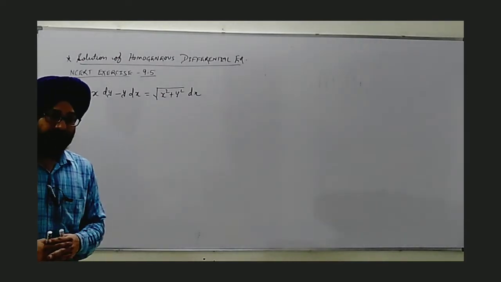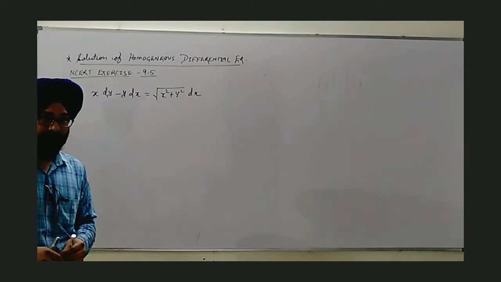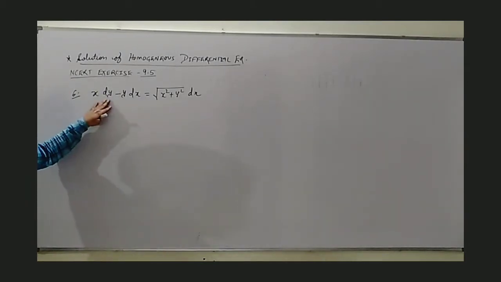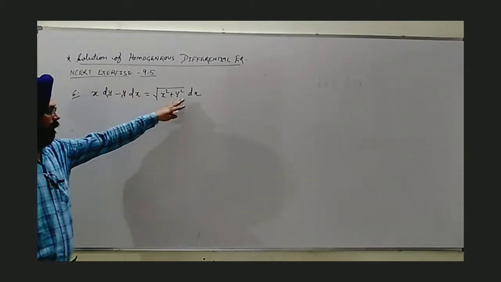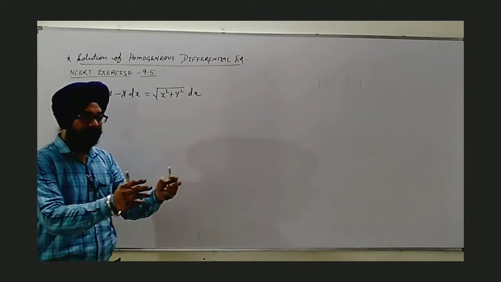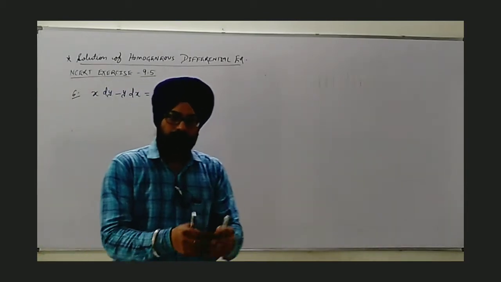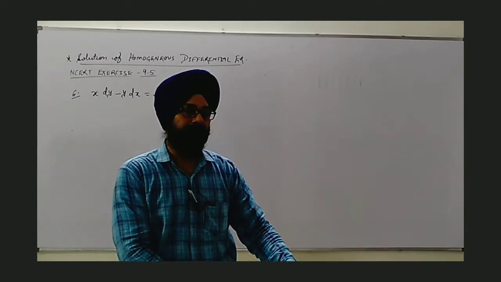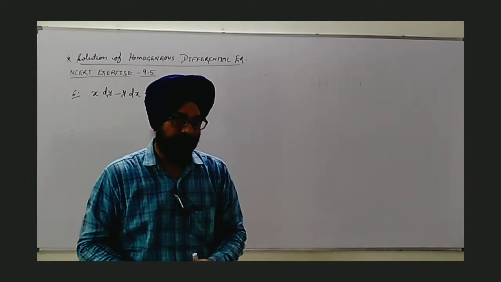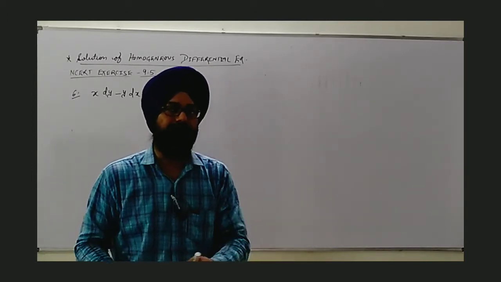Next as selected, question number 6. As you can see, this is different from the previous questions. One term is of dy, and the other terms are of dx. So whenever you are given such scattered terms, first of all club the terms: all terms of dx and all terms of dy. Okay, one you can take in LHS, other in RHS.